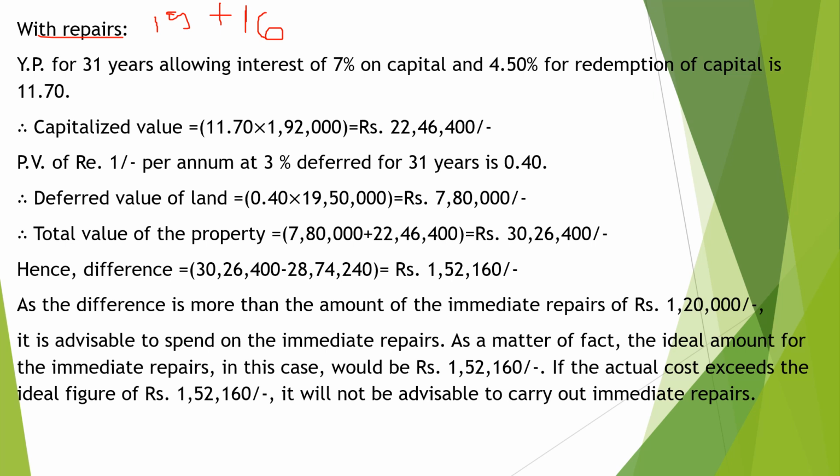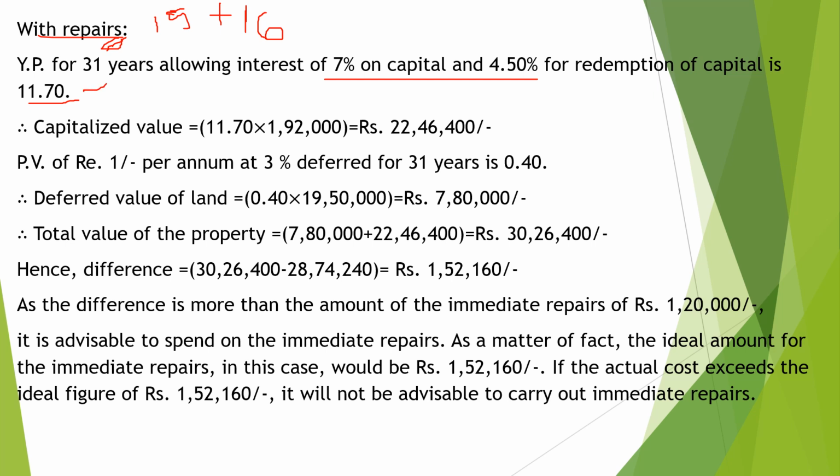So instead of 15 years, now we will be calculating YP at 31 years. So YP for 31 years at interest of 7% and 4.5% for redemption, the value comes out to be 11.7570. So YP dual rate will be